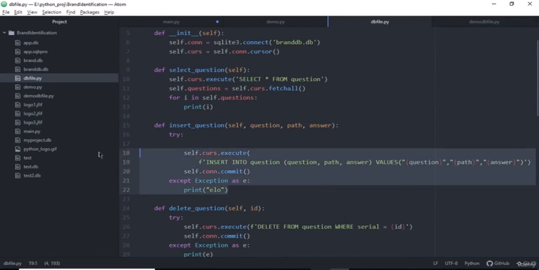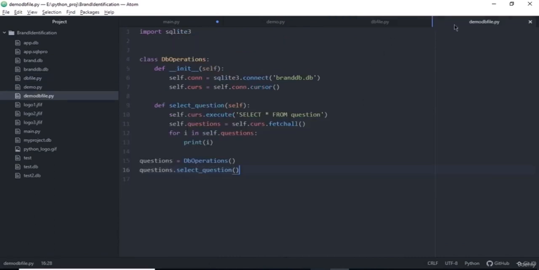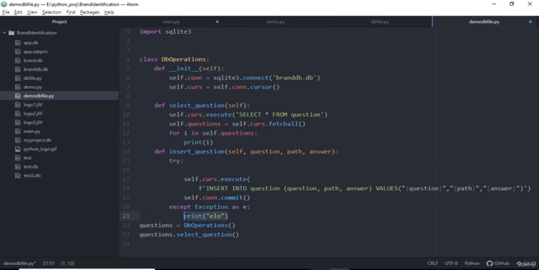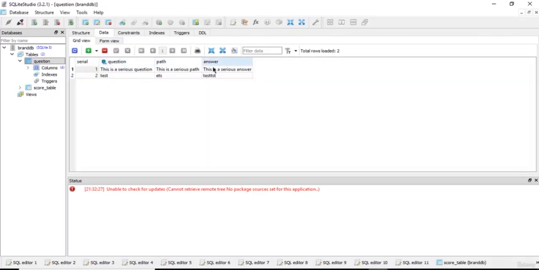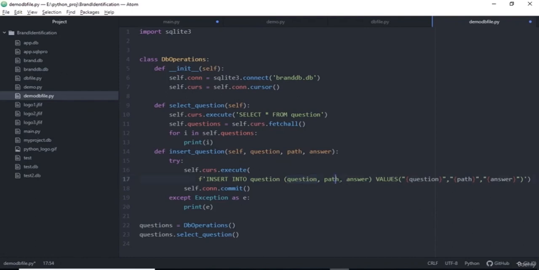So I'm just going to try to insert a question. We are just using self.cursor.execute. Likewise, we have selected the question, and now we are just inserting the question like we said before. So insert into, followed by the name of the table, and the columns, we have to provide the columns here. So there are 3 columns in our database: question, path, and answer. So we're just going to fill the question, path, and answer columns, but the values I did not provide yet,